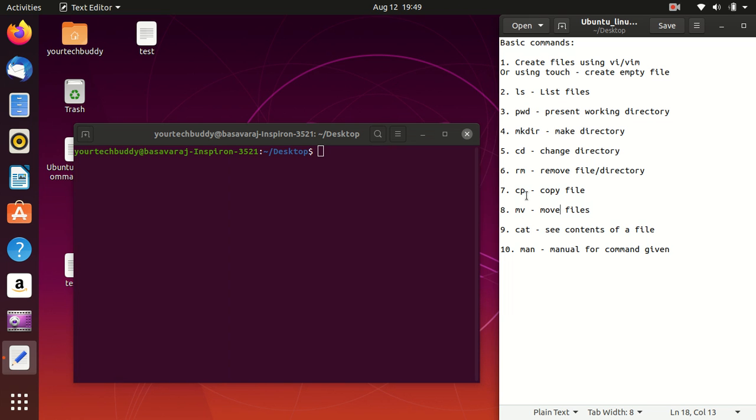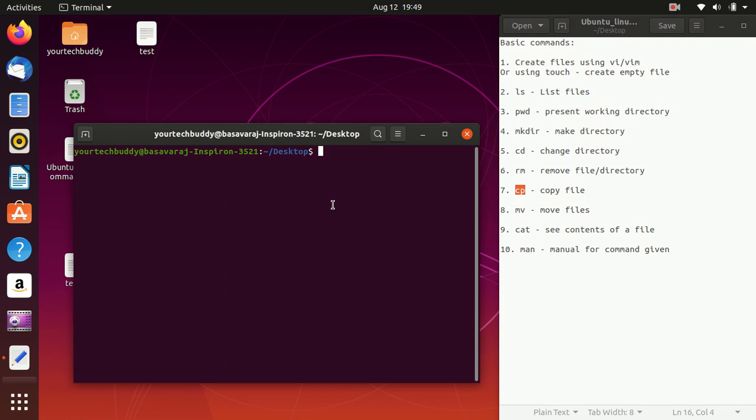Let's go to the next command, that is cp. cp is nothing but the copy file command. Suppose you want to copy the contents of file 1 to file 2, you can use the command cp. Right now we have two files. I want to copy the file test to test3.